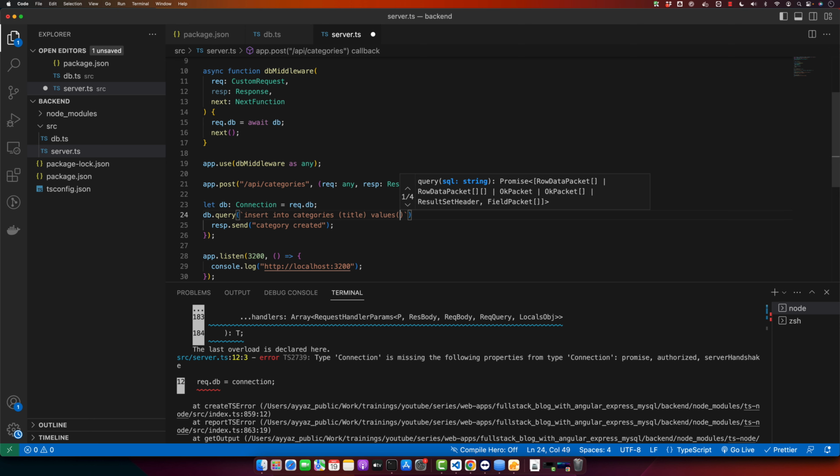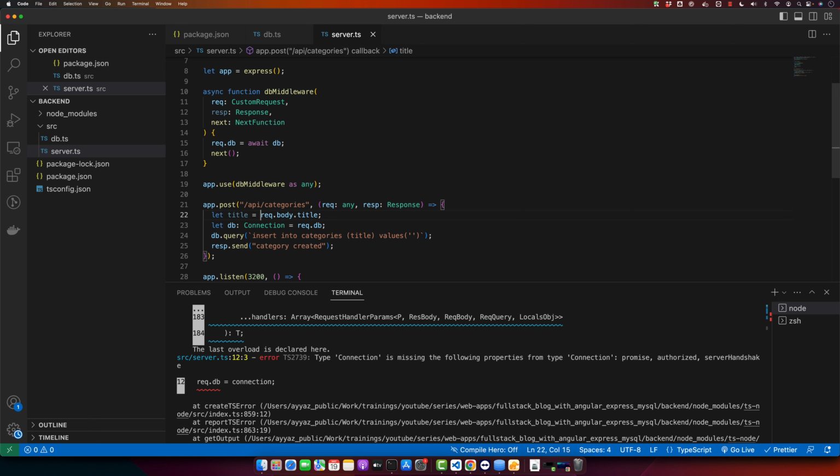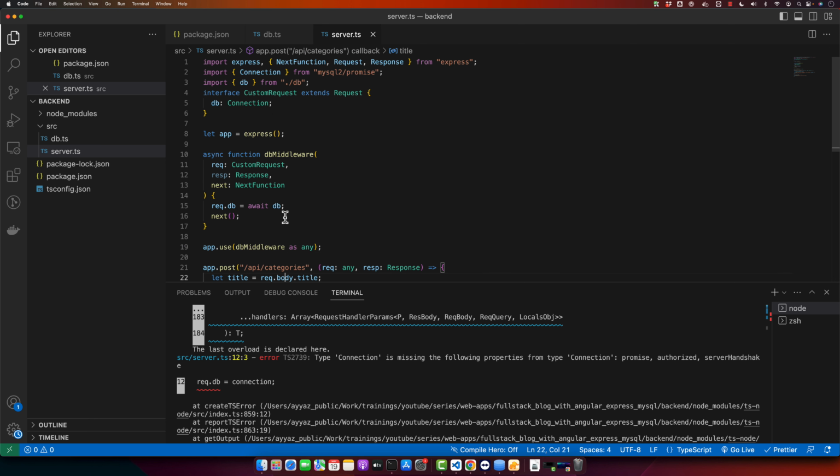Here we will provide the value that we want to add, and we have to get the title from the body, that is request.body.title, and I will save it in a variable, let title is equal to this, and then I will use this variable here. But make sure that before using request.body, you set up another thing that is